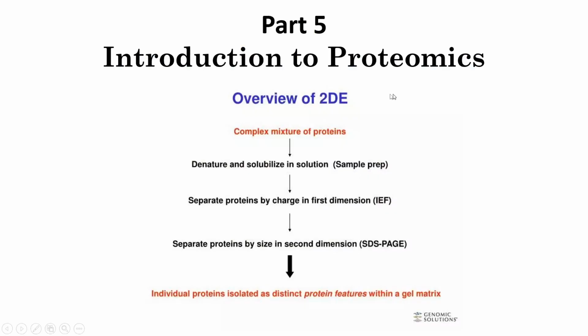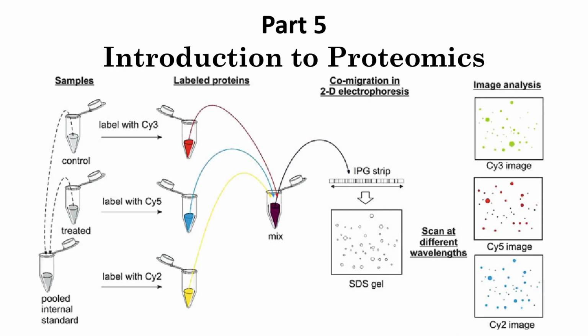Then 2D gel electrophoresis: initially you will run an isoelectric focusing experiment, then you will use that isoelectric focusing strip to do normal gel electrophoresis, which is SDS-PAGE. Then we'll talk about DIGE as well in the coming lectures. DIGE is differential gel electrophoresis. So this is 2D gel electrophoresis itself,